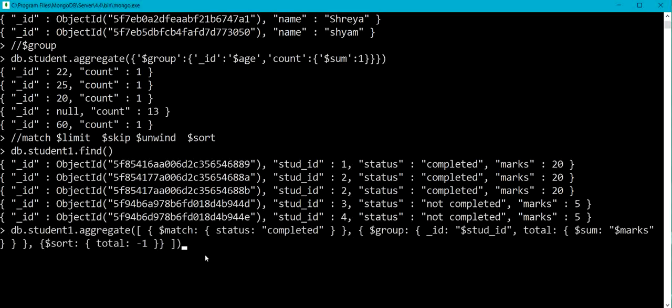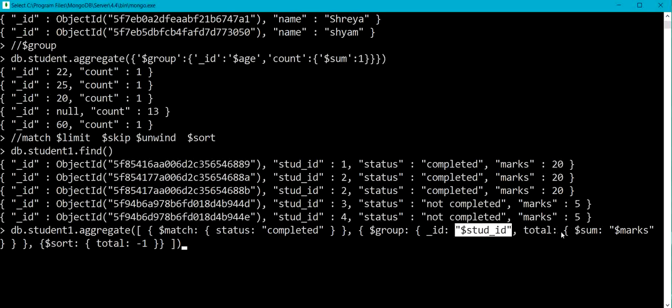Okay, so here db.student1.aggregate, I'm using the first operator, that is $match, which is going to check the status of the student, whether it is completed or not. Then $group, which is going to group the documents according to the student ID.